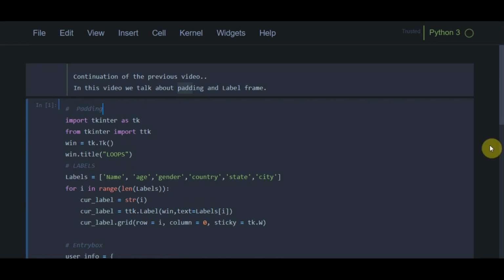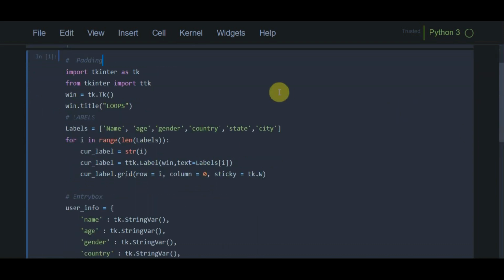Alright, now in padding we have two axes, because when we are working in the website field or whatever application we are building, we have two axes. We have an x-axis which is horizontal and a y-axis which is vertical. That is why we have two options, pad x and pad y, to adjust the padding. So we are going to change this line, I am going to modify this line a little bit by using